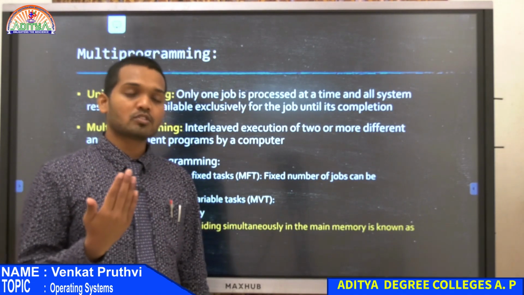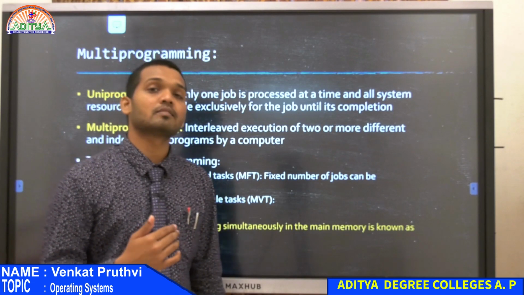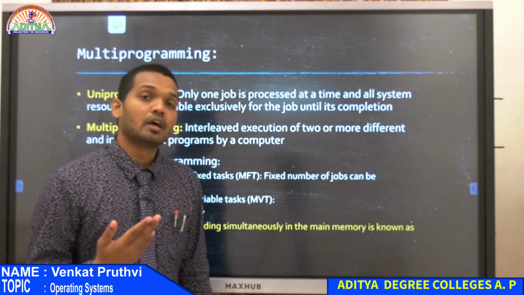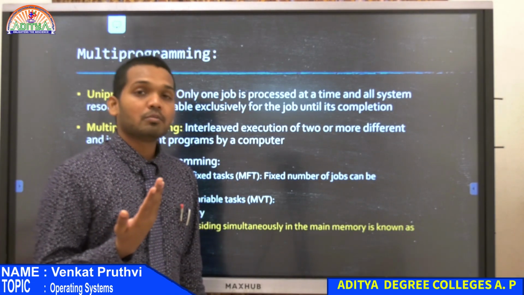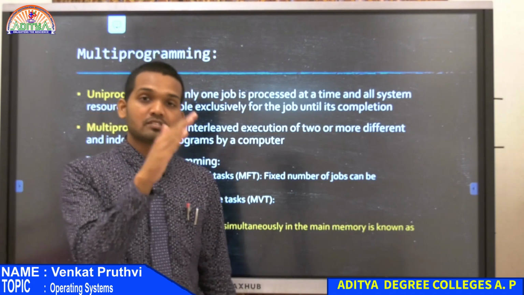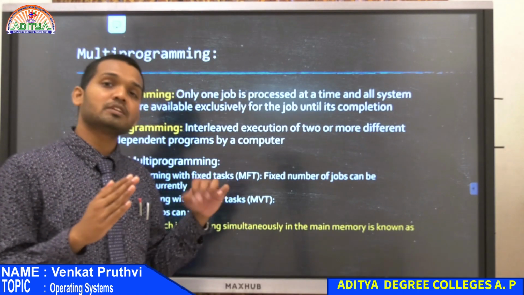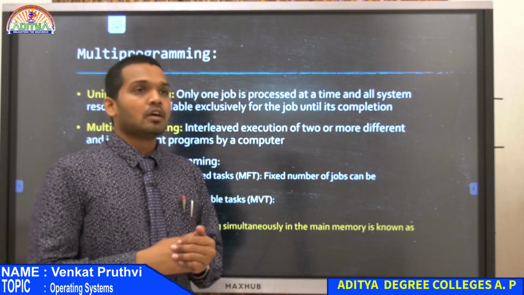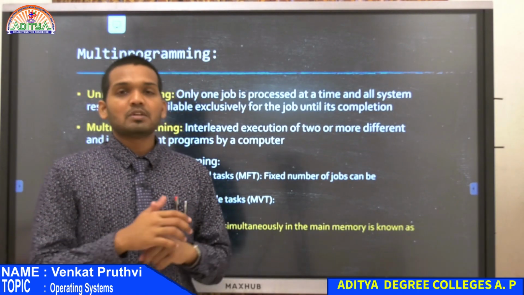And when you come to the fourth generation or fifth generation, you had it in picoseconds, that means 10 power minus 12. What do you mean by picoseconds? 10 power minus 12, right? So 0 point, 11 zeros and a 1, that means it is taking even lesser time. Just imagine how much time